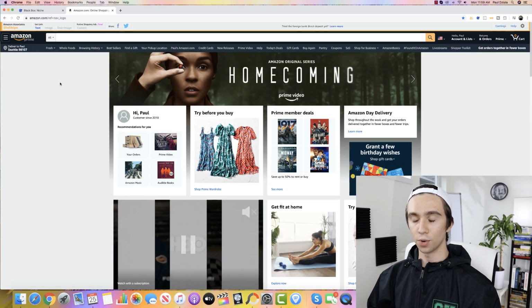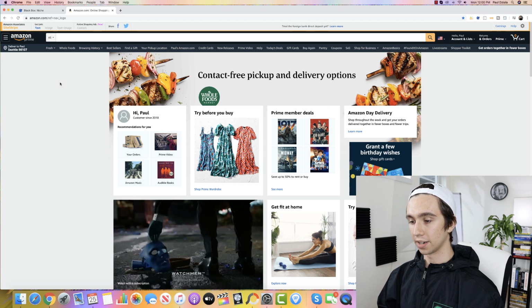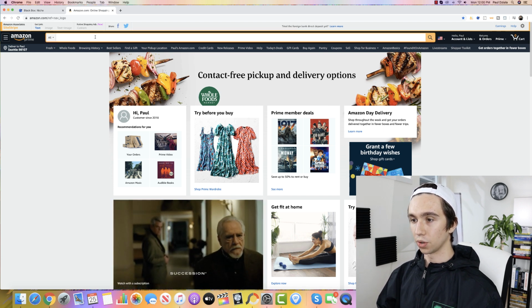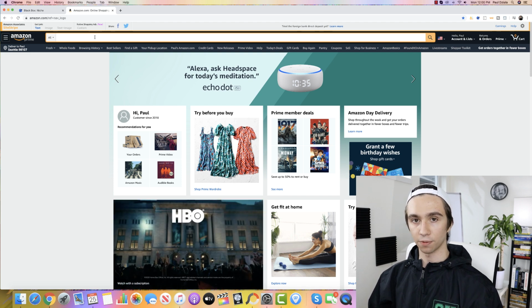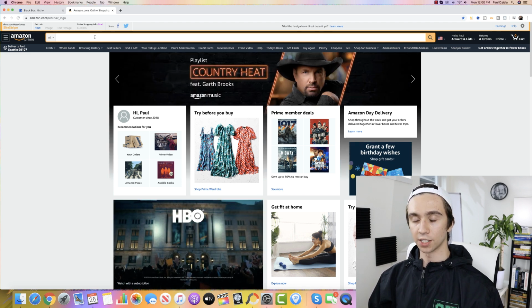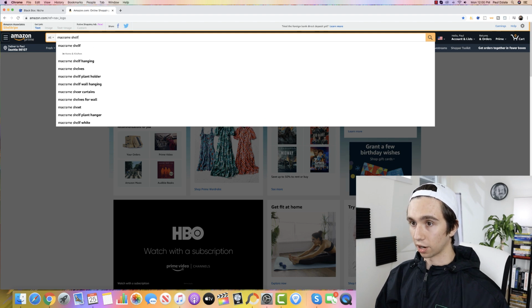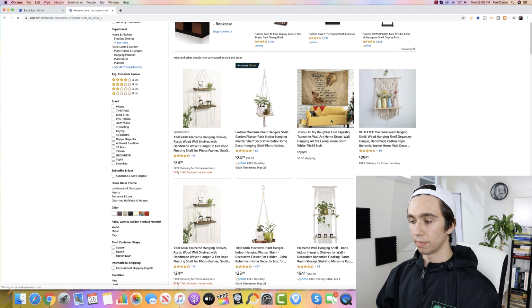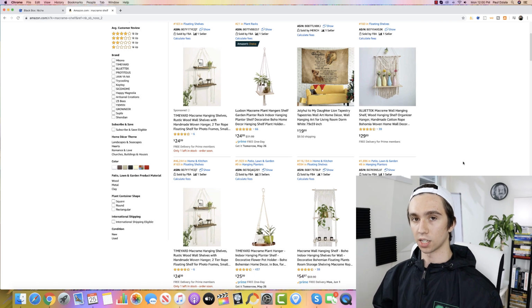Let's jump right into it. So we're gonna move over into my computer now. We've just landed right on Amazon. The first thing that we're gonna do is come up with one idea. Product research and finding ideas is not the hard part. It's knowing which ideas are opportunities worth going after that is the hard part. Let's just use my product, the macrame shelf. Okay, so macrame shelf is the stem product that we'll use, and we're going to use this to find more